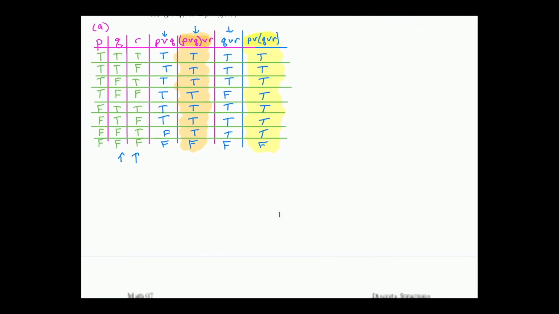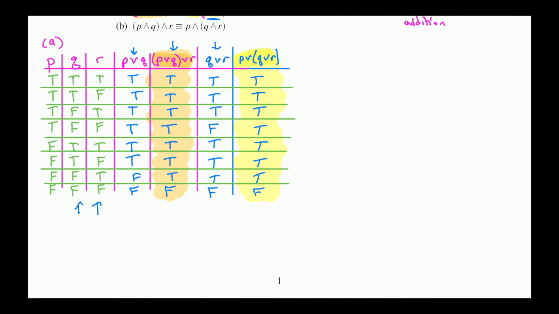So you're supposed to be able to look at this and say, because the columns for (P or Q) or R and P or (Q or R) with different parentheses are the same,